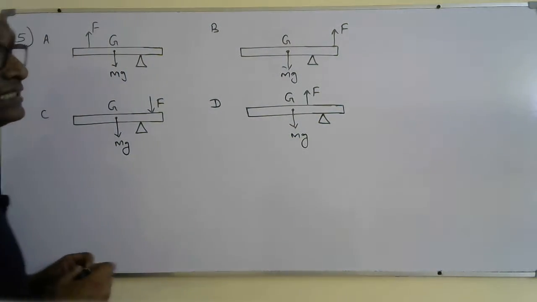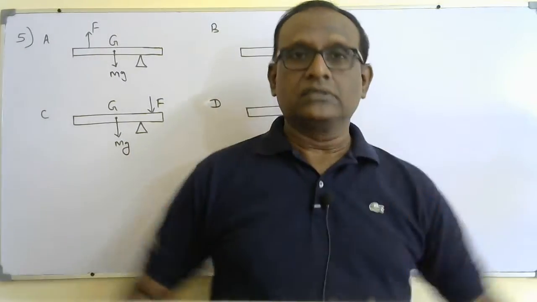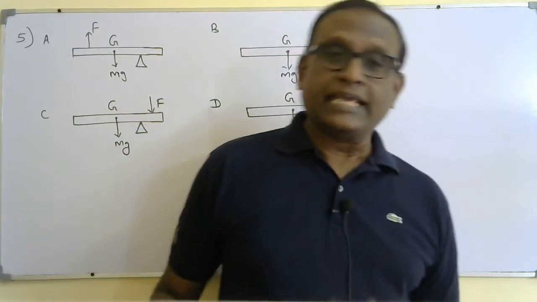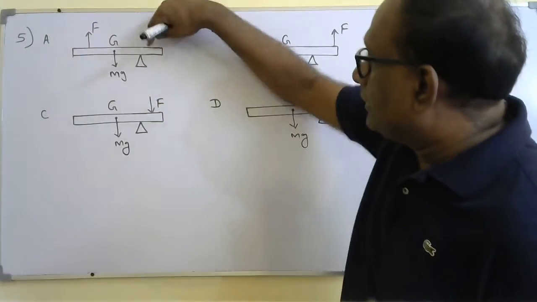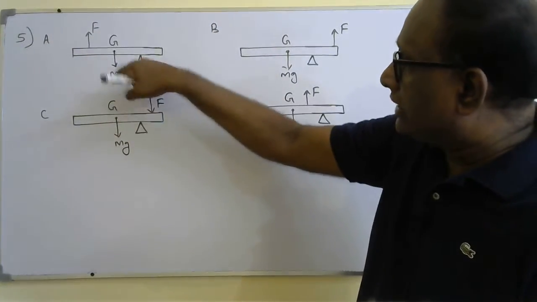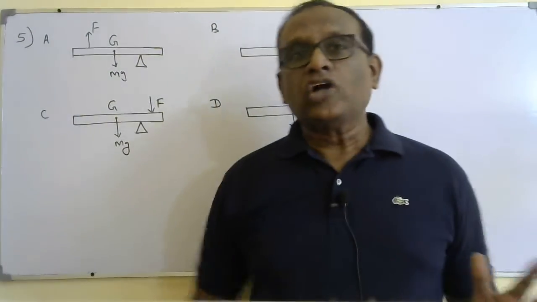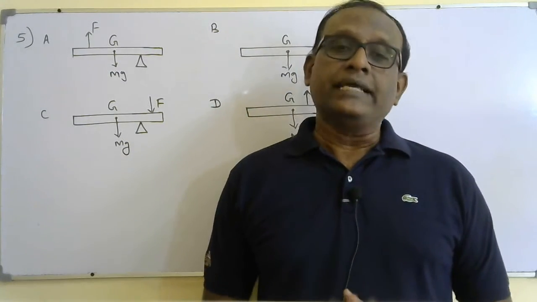We'll consider the moment about the pivot. If you take moment about this point, this will provide an anti-clockwise moment, and the weight will provide a clockwise moment. So they are in opposite directions, and they could balance, so it could be at